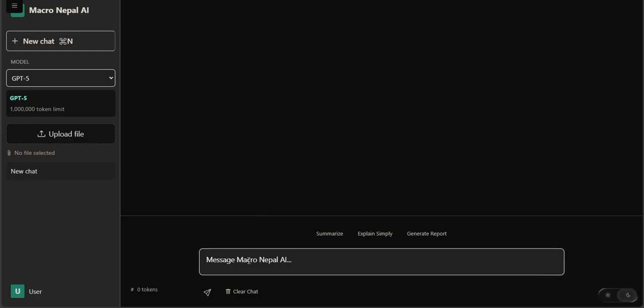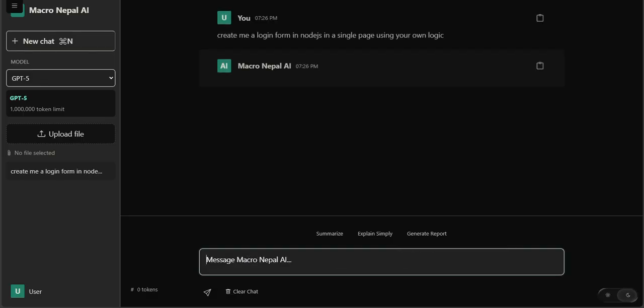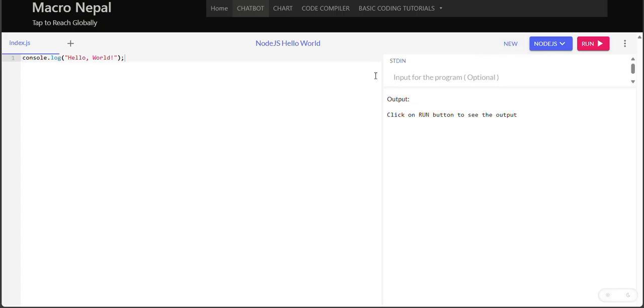model and type: create me a login form in Node.js, single page, using your own logic. Now I have typed and given the prompt here, and here are a lot more. Then